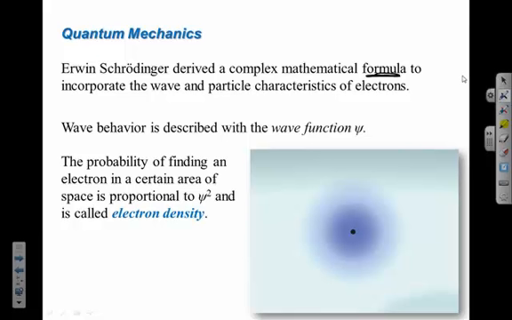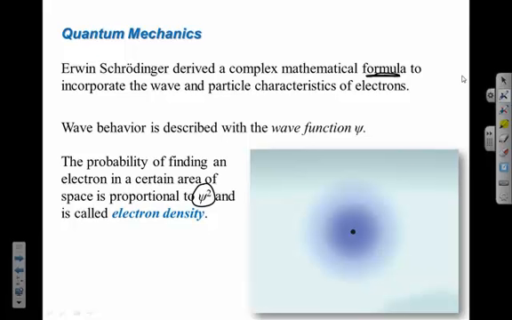It comes from plugging values into the Schrodinger equation for n equals 1 or n equals 2, etc. And that equation, when you put it on a graph and you square the value for the equation,